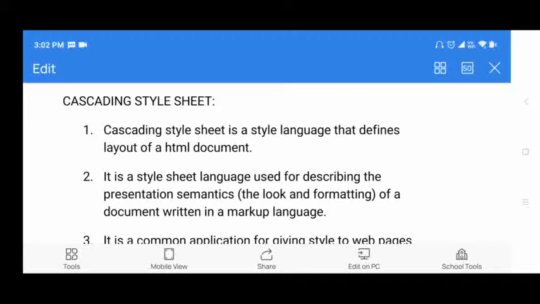It is a document that contains presentation information and style information that can be applied to your HTML tags.